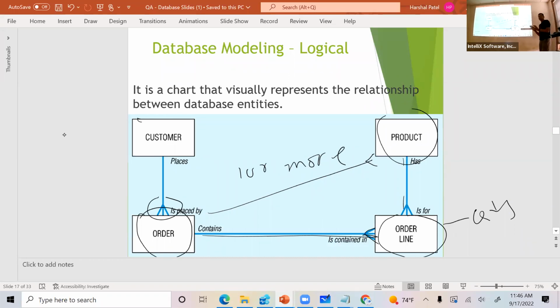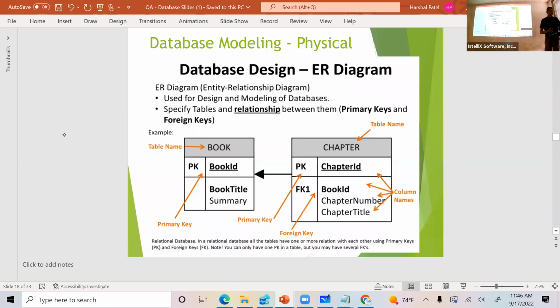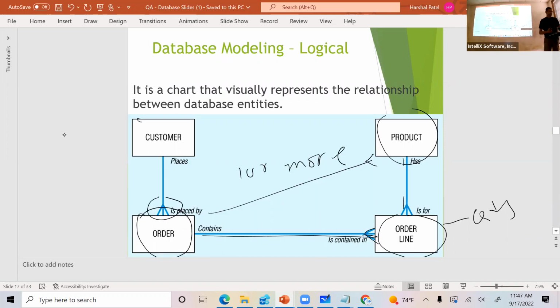Essentially, it's a logical view of how things are related based on the requirements that you have. So the designer will start with that, and then finally they will identify the primary keys and foreign keys, because here we don't have them, right? Here I just have the relationship stored as a one-to-many type of thing. Okay, so